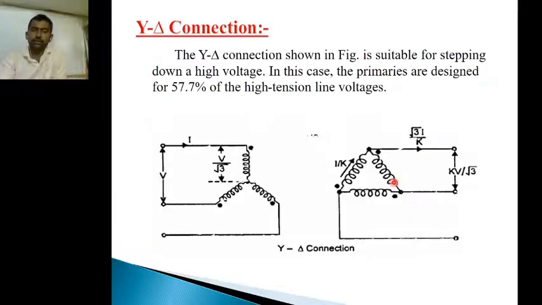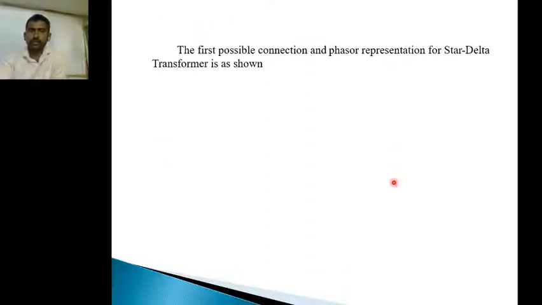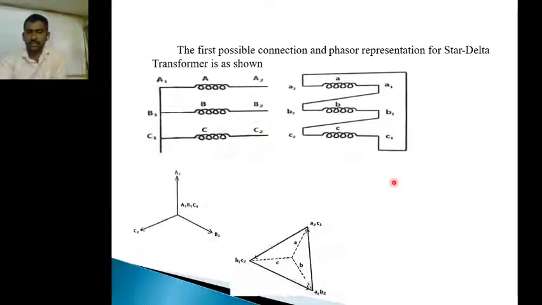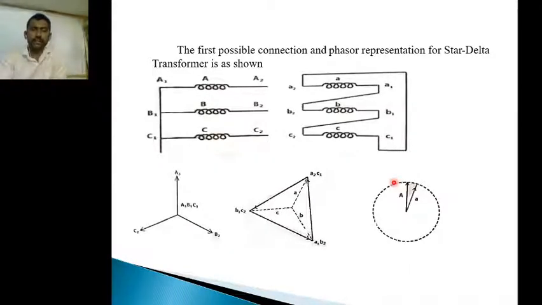In a similar fashion, we go for the star delta connection also. The star delta connection can be used mainly in transmission lines for step down voltage purposes. We can use the star connected winding. The phasor diagrams are also represented in the previous manner. That means if you go for one winding and reverse the phase, and if you go for the other winding and reverse that winding, we can get the same clocks.